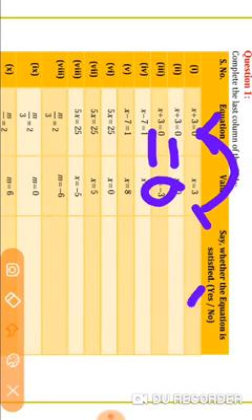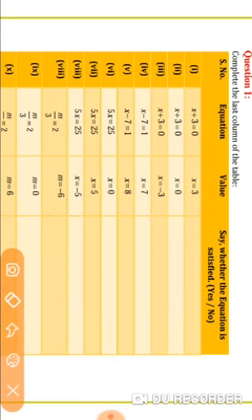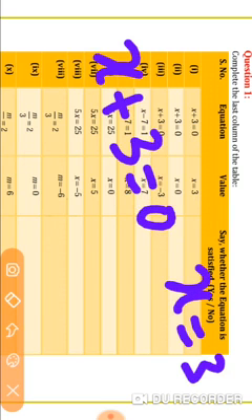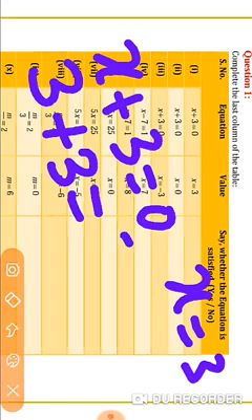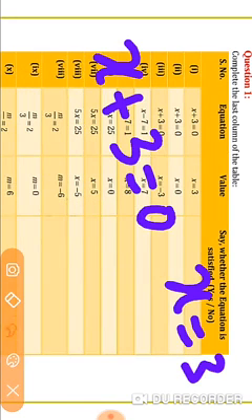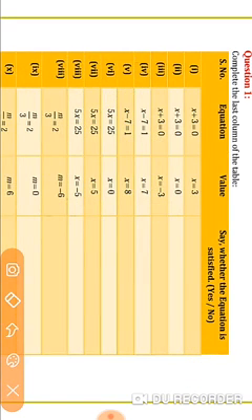I'll show only one or two examples; the remaining you must do yourself. To check: x plus 3 is equal to 0, at x equal to 3. We have to substitute x as 3, so 3 plus 3, keeping the rest as it is. 3 plus 3 is 6. Is it equal to 0? No, it is not equal to 0. So we must write the answer as no in the first row.